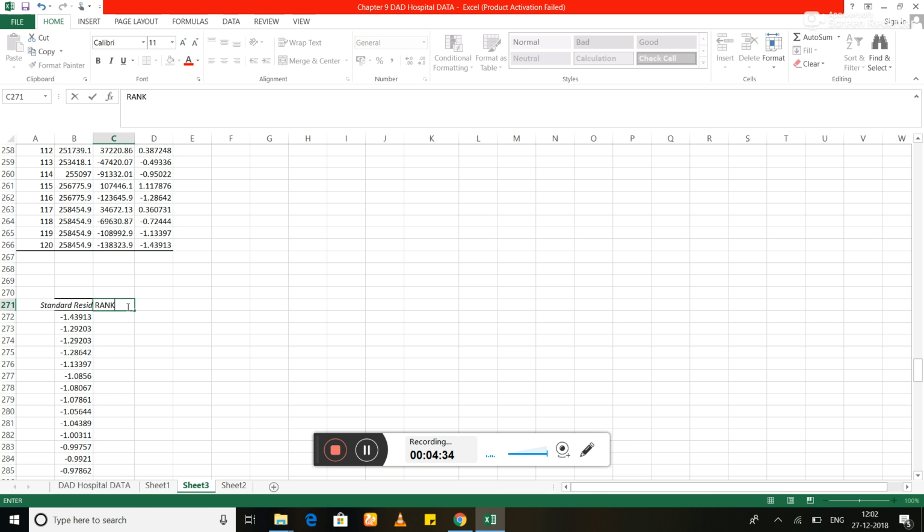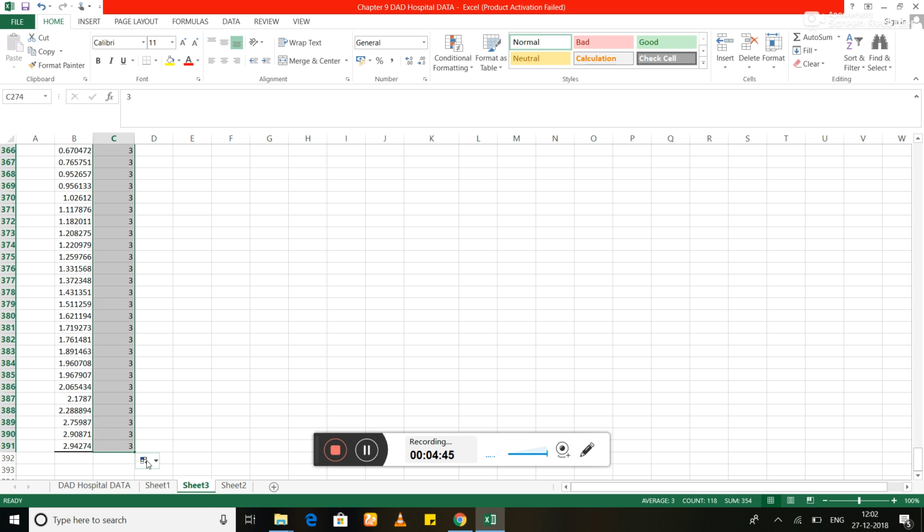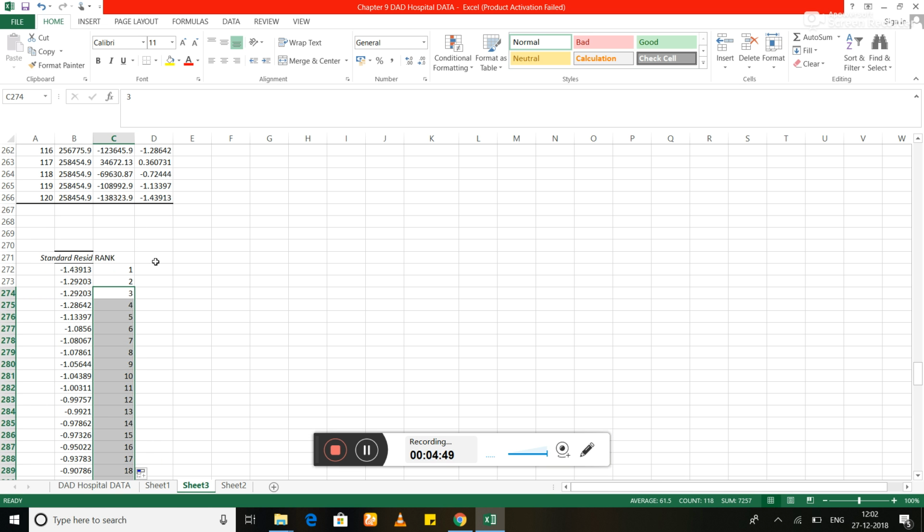Then give a ranking to it. This is just 1, 2, 3. No need to write down all the values. Just drag it from here and fill series, so I get my ranking from 1 to 120. Then the next column will be something called the plotting position.